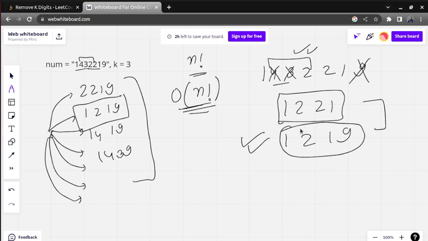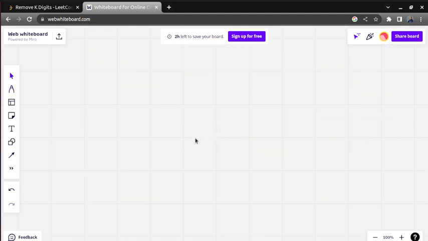Now let us see what approach is going to work. To understand the approach, let us take some easy examples. I am going to take the number 123, and say we need to remove one number. What are the possibilities?